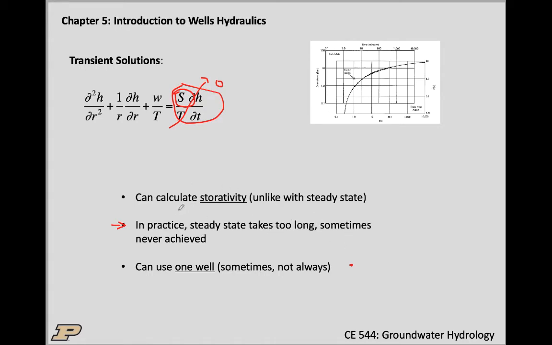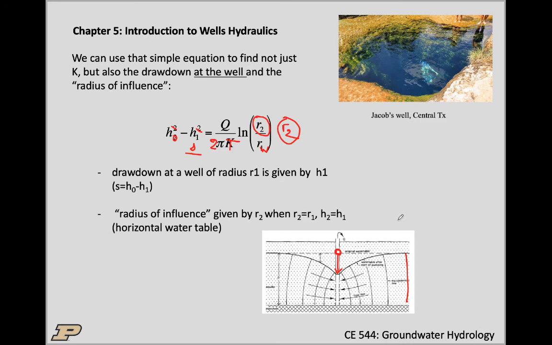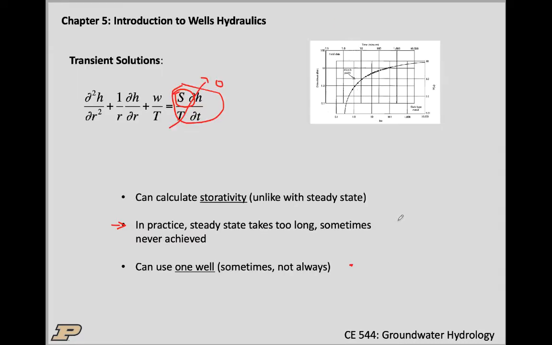So again, here to start with, we'll use an observation well away from the pumping well. But in some cases, and we'll discuss them later, we can do slug tests. So we can literally use just the one well and look at the drawdown in the actual pumping well. And we can actually get all the aquifer parameters just from the one well, which obviously we want to do